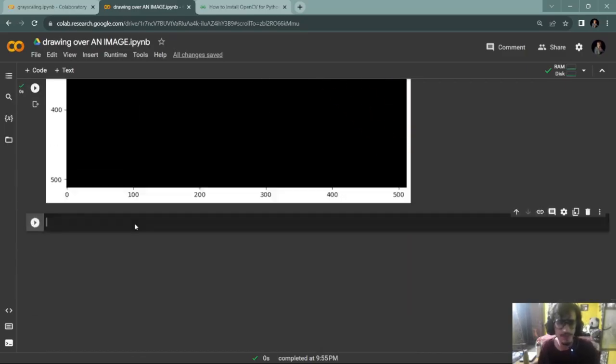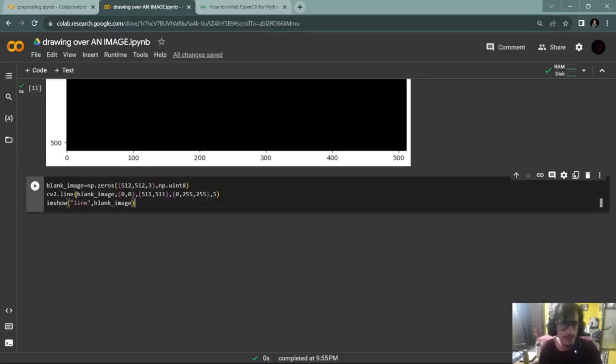a circle now. Just change here from line to circle, blank image. We don't want a starting point in the circle, of course, but we want the midpoint. Circle is like a dot. So this dot is the center point, and we will give it 350 to 350. And instead of an ending point, we just give it a radius,